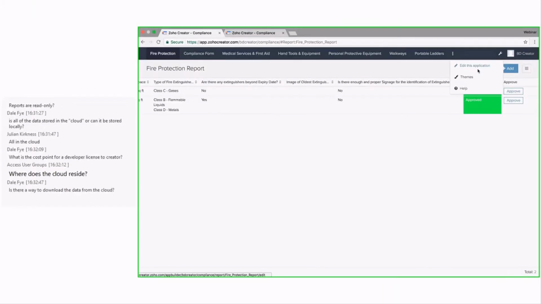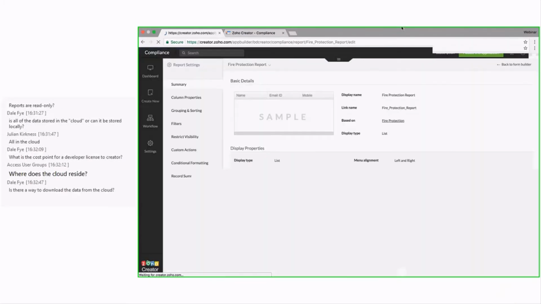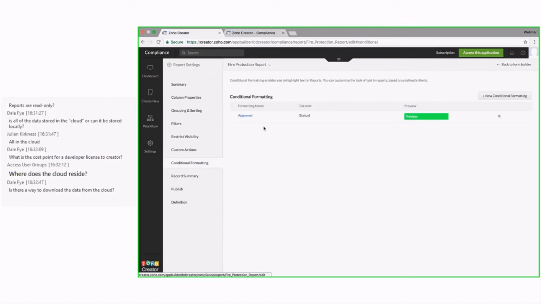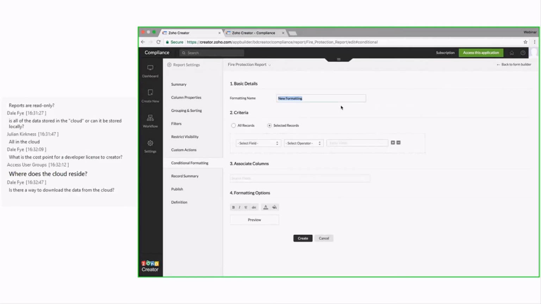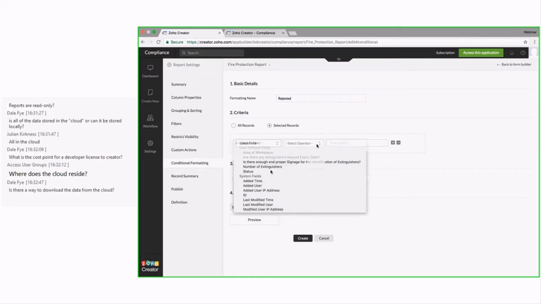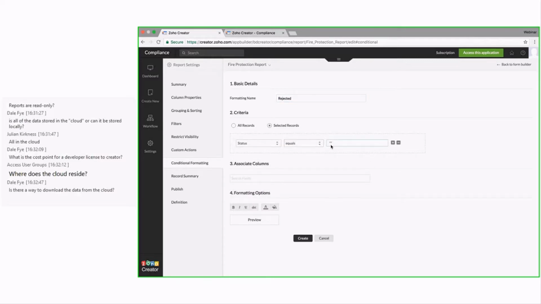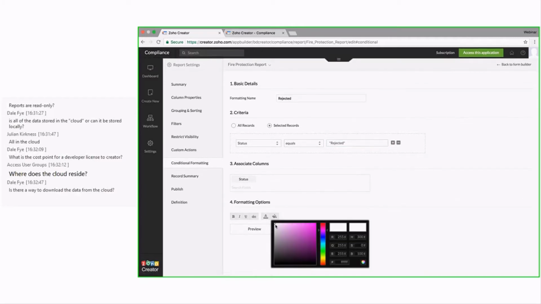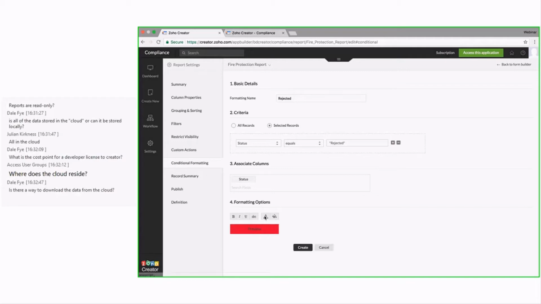Let's say I want to go back and create one for rejected as well, right? So I come back, create a new conditional formatting that says rejected, where it is only going to go ahead and work for the rejected fields, and let's say I want it to be red, right? So I click the particular color I want,